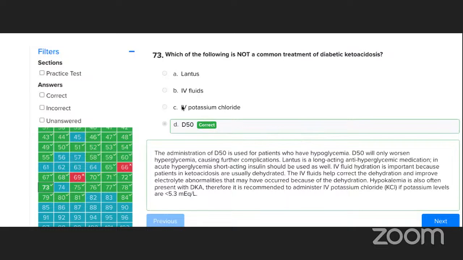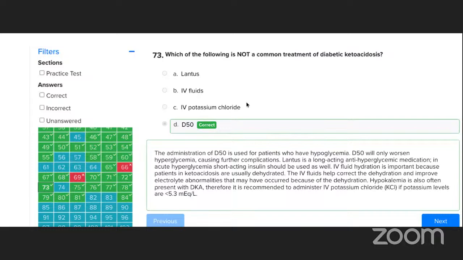Hypokalemia is often presented with DKA. So this is something I want you to remember. When a patient is in diabetic ketoacidosis, they get dehydrated, so they're going to need fluid replacement. The Lantus is long acting. It treats hyperglycemia. So they need the Lantus, they need the IV fluids, and the dehydration is going to cause electrolyte abnormalities, which